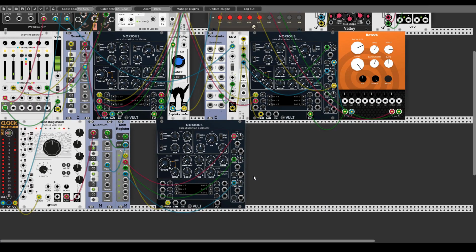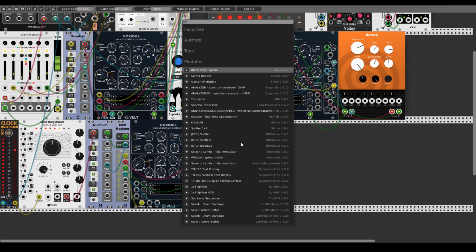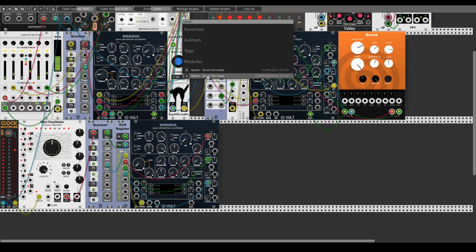Now I will want to use them independently, so let's lower the volume of the extra voices so they will not be mixed together with the main oscillator. And I will also want them to be nice and percussive, so let's use Spank. I will use 4 actually, also Volt.